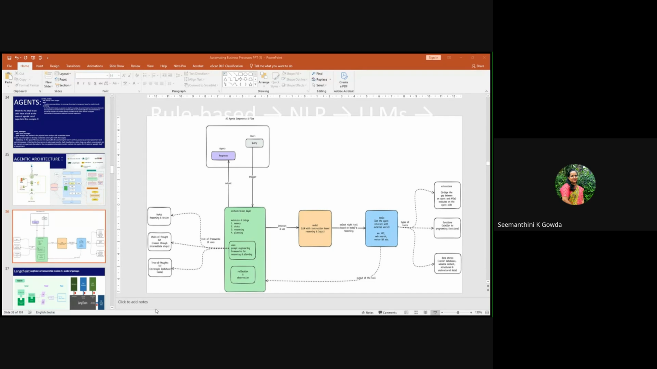In the sense, it has majorly two components. One is for the sentiment analysis, which we call intent classification. One is for the entity recognition, that is the named entity recognition. That is what the architecture of the chatbot mainly focuses on. Next,